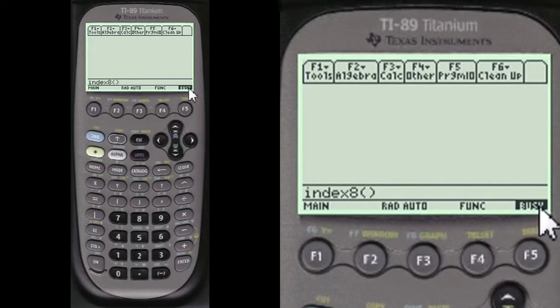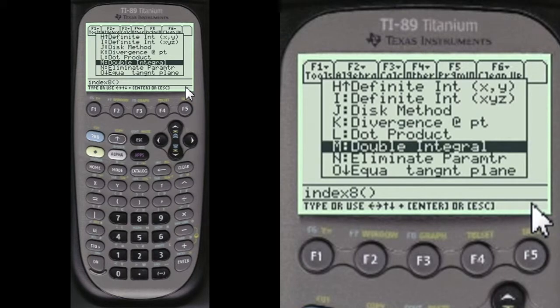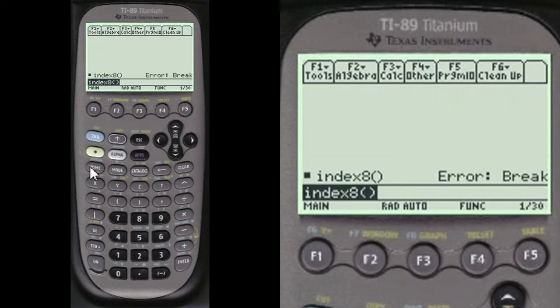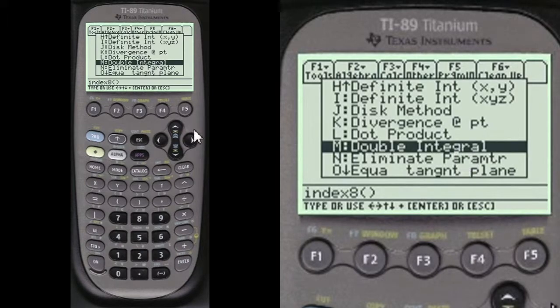The busy sign here means that it's loading the program. Sometimes it takes longer because of the size of the program, but after it's loaded once, it's very quick. For instance, like this. F18 to clear that, but I'm going to press it now. Notice how quickly it comes up right away. See, so